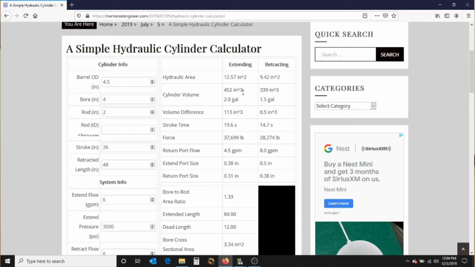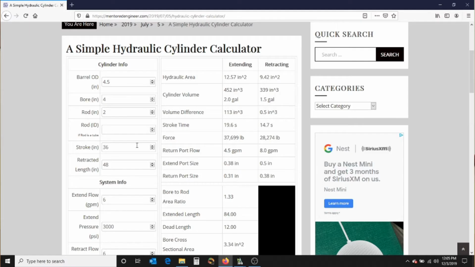So you can see the volume difference here is 113 inches cubed, or half a gallon. So we need to make sure that our hydraulic tank can handle that disparity. I recently designed 2 cylinders where each of them had a 22.5 gallon difference. And that actually required a very large hydraulic tank, and we ran into problems implementing that